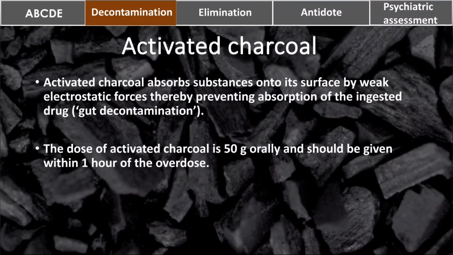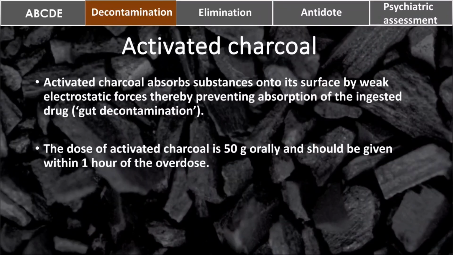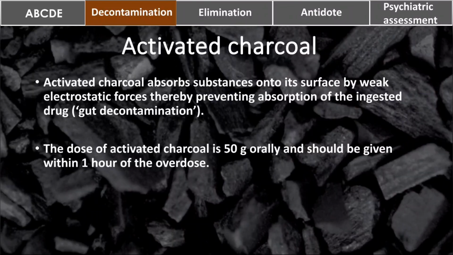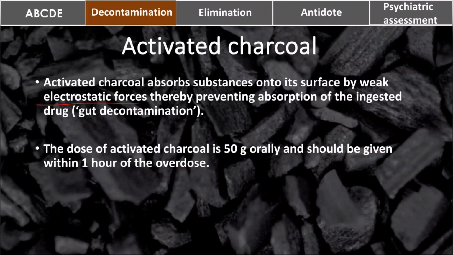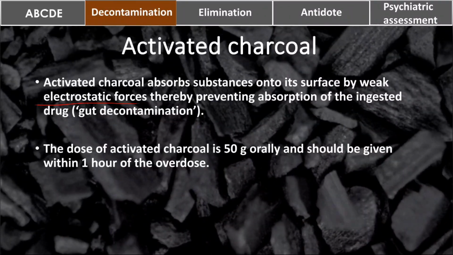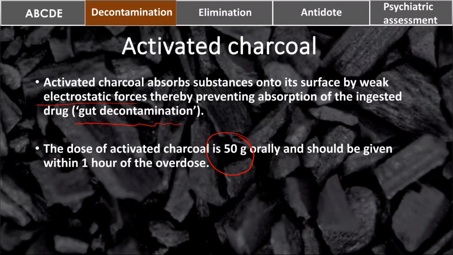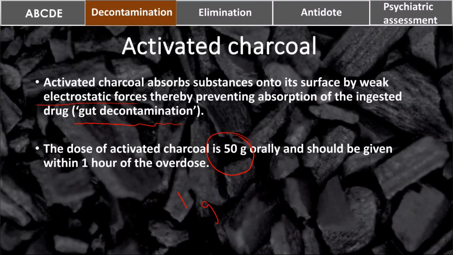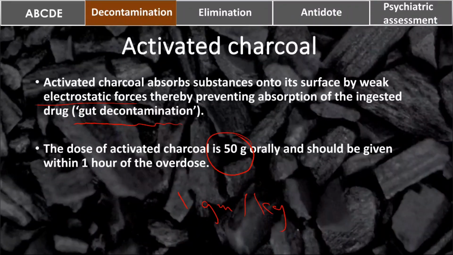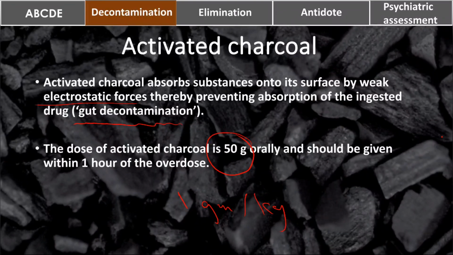Activated charcoal absorbs substances onto its surface by weak electrostatic forces, thereby preventing absorption of the ingested drug. This is called gut decontamination. The dose is 50 gram orally, and for children it is usually 1 gram per kg. It should be given, as we said, within the first hour of the